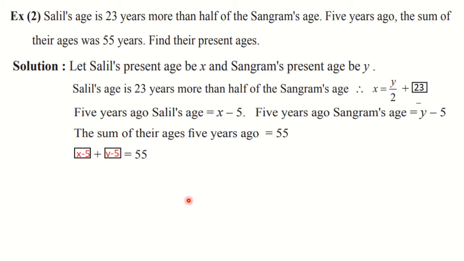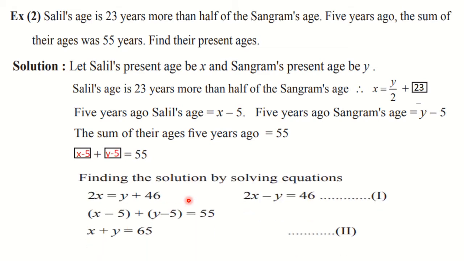1 and 2. So when we solve the first equation, here we are multiplying by 2 on both the sides, so that y can be eliminated from the denominator. So when we multiply here by 2, we are going to get 2x. When we multiply here by 2, the 2 will get cancelled and we will get y. And here we will get 46. So see what we got: 2x is equal to y plus 46.